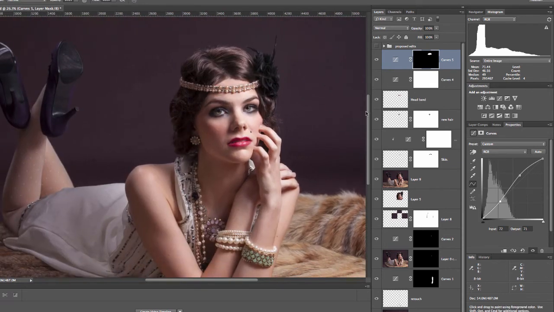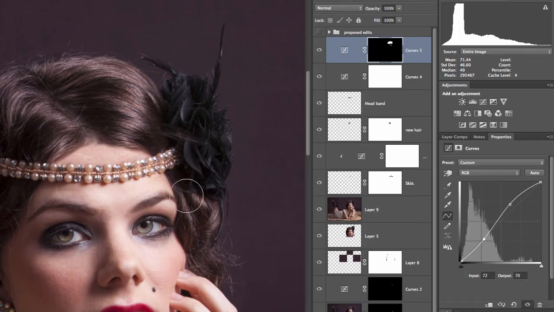And let's look at our work again. So let's turn all these layers off. So that's before. And that's after. All right, now that we've done the skin, we've done the hair, let's talk about the shadow